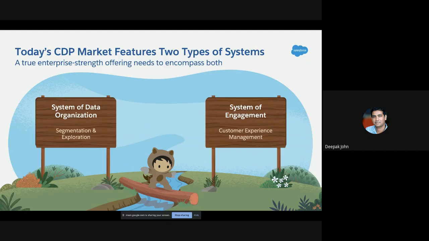From the experience we have across the world working with customers such as yourself, through the RFPs, there are two of these categories. One sits squarely within systems of data organization, and the other sits within systems of engagement. Now, engagement is what we think of as real-time engagement, right?